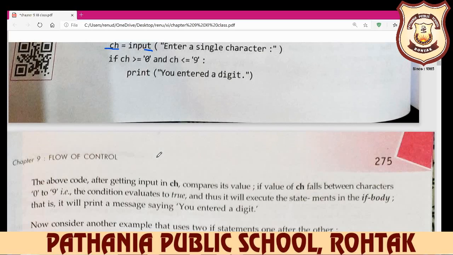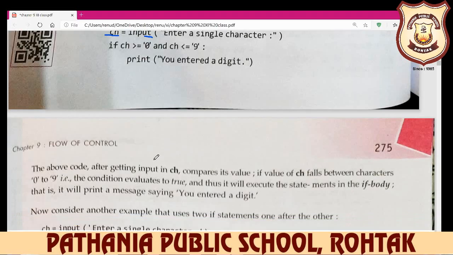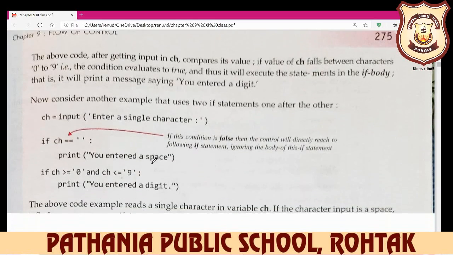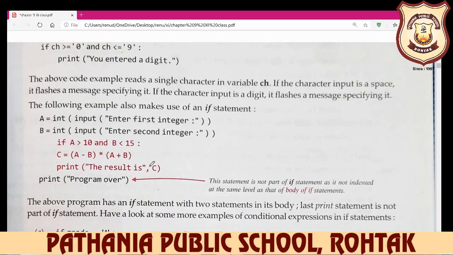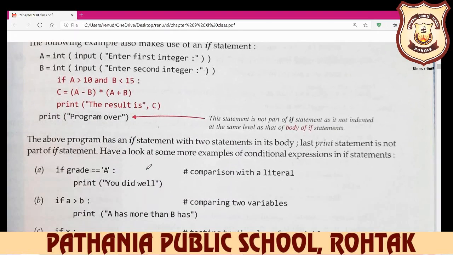But if we enter a special character, then what do we do? We don't decide here; we decide this type of condition in the if else statement. We will do the if else statement in the next class. Better do the practical of the simple statement, sequential statement, and the if statement.